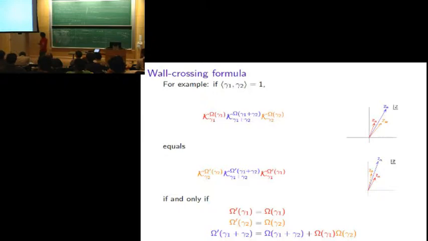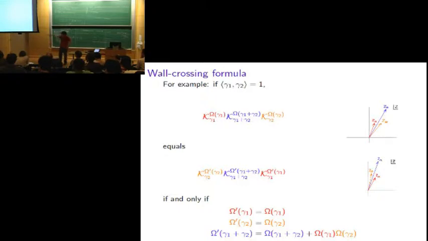And what you find is that these two things are equal just if omega prime equals omega of gamma 1, just if they agree on gamma 1 and gamma 2. But on gamma 1 plus gamma 2, the thing is shifted. There's a new contribution here. And this is this mechanism of formation of bound states. So it's a totally algebraic game. So this is what happens if the inner product of these guys is 1.